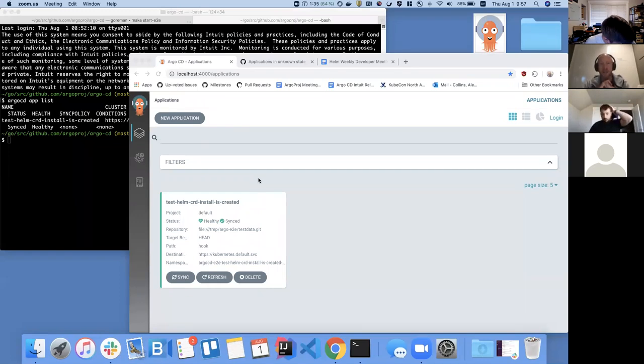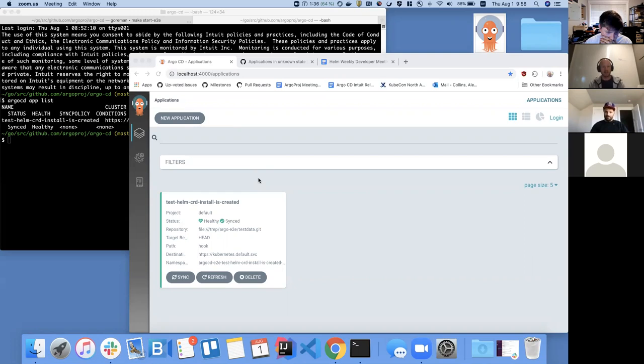Just to kind of summarize what GitOps is, basically you define an application, which is a group of Kubernetes resources in some files in Git, and then Argo CD's job is to get those files from Git and make sure that what you've got in your Kubernetes clusters matches what you have in Git.